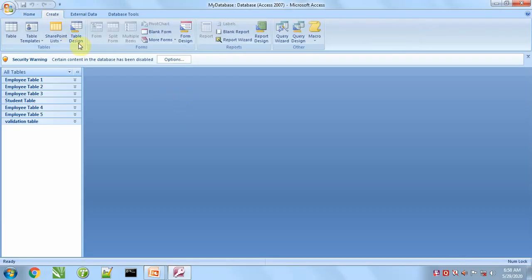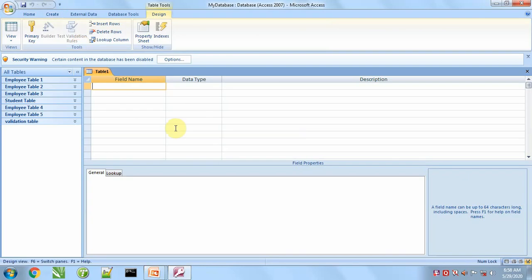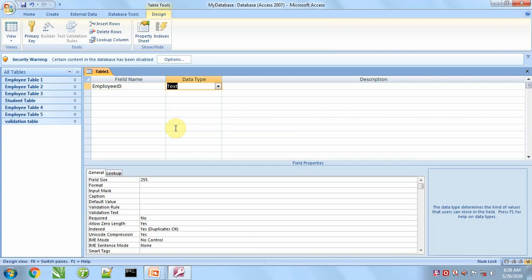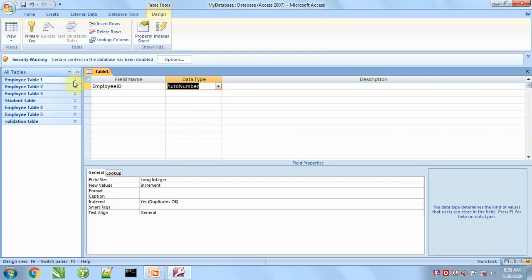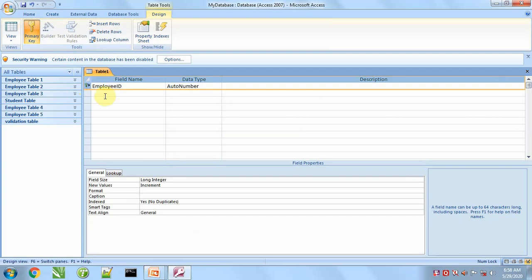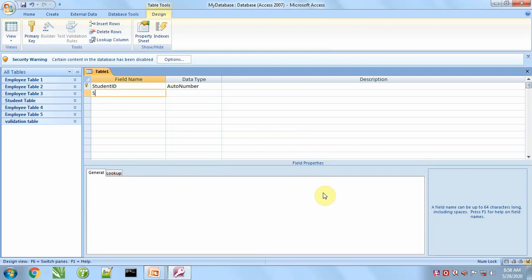and here we will make two tables. First I am taking the student table. Student ID, order number, primary key, then student name.